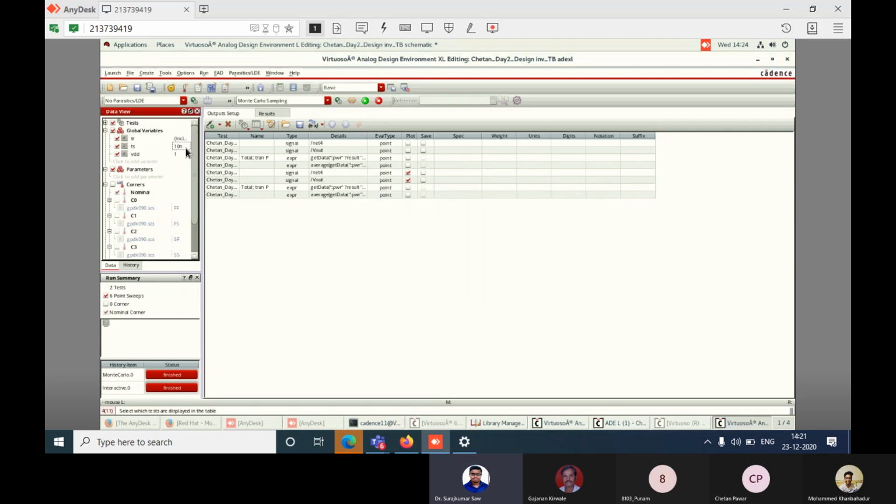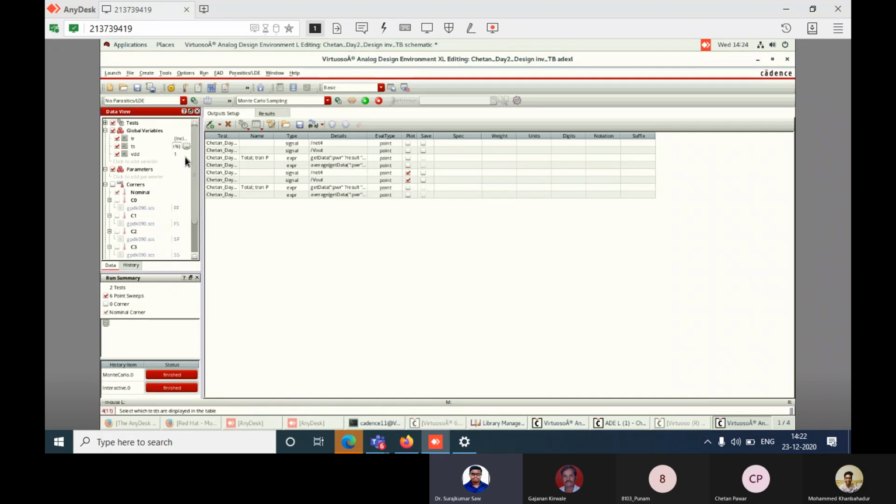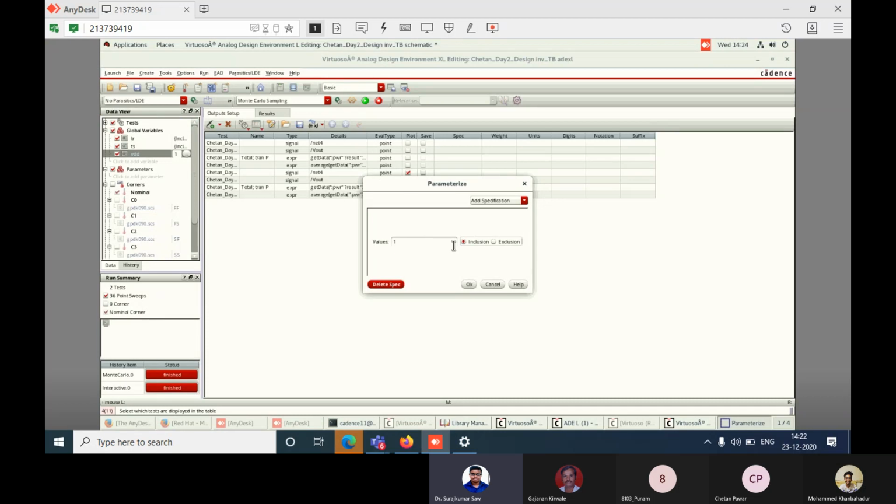In the same way, select for TF, whatever parameter value you have written, and take the center span percentage. Set the center value as 10 nano and span percentage 5. Don't give too many steps, it will take a larger time to run, so I've given only 5 steps. Then do the same for VDD. We are varying 3 parameters at the same time. Here we take the center as 1, span percentage 5%, and step size 5.